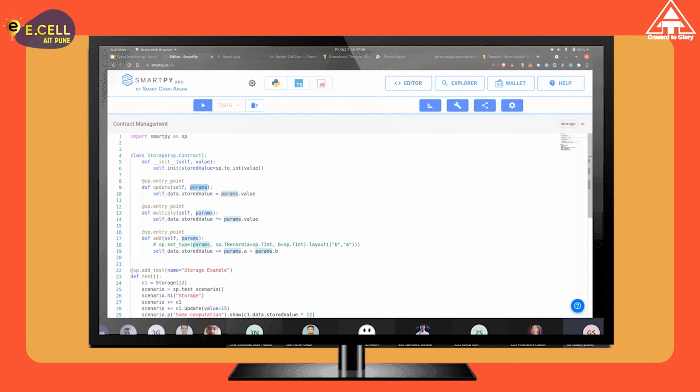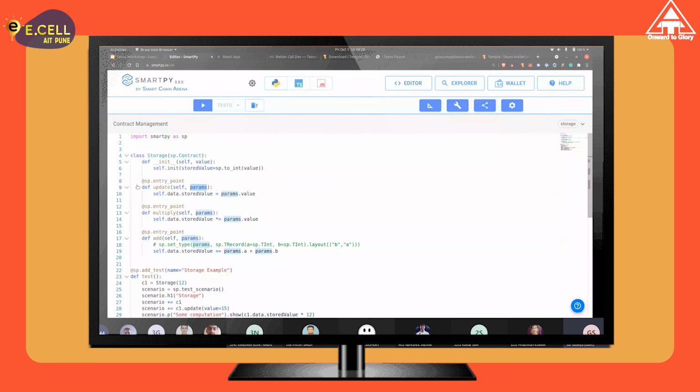In this case, we have a single value called value. You can have anything in this thing. In Python, this is basically like a dictionary, where you have different values stored into this particular params itself. We are just having a single value in this case, and we are updating that value and storing it in the contract storage itself. We have updated this contract storage with the particular value that we're getting from the params in this function.